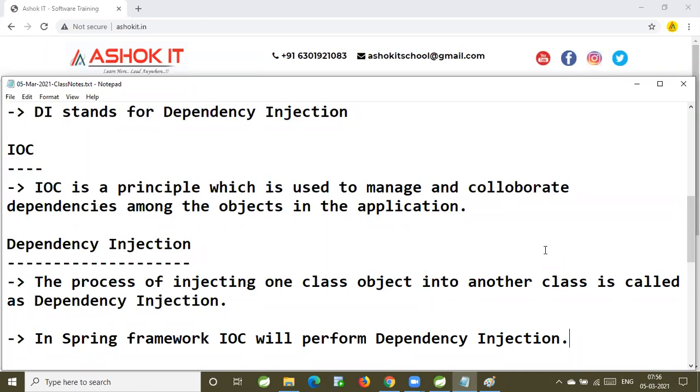IOC is a principle which is used to manage and collaborate dependencies among the objects in the application. The process of injecting one class object into another class is called dependency injection. Who is going to perform the dependency injection in the Spring framework? The IOC container is responsible to perform dependency injection.